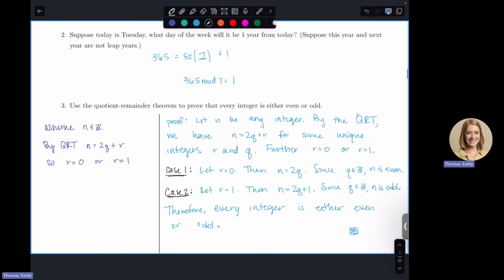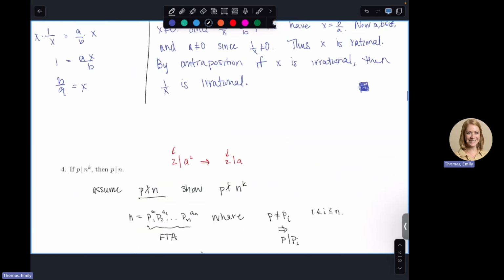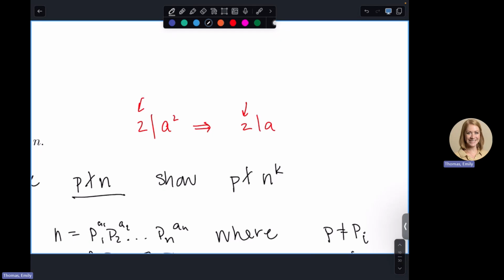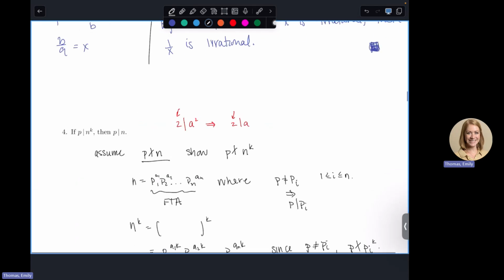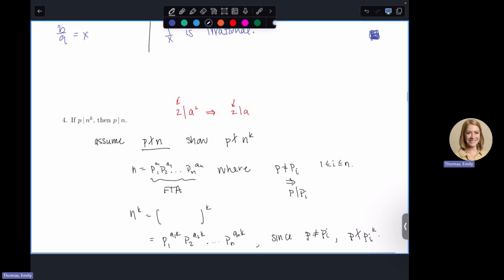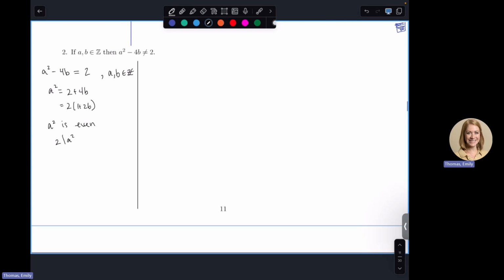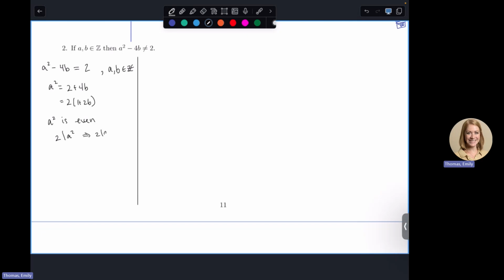Using this result: if p divides n to some power, then p divides just n. So 2 divides a squared, which means that 2 divides a. What does that mean about a? That a is equal to,